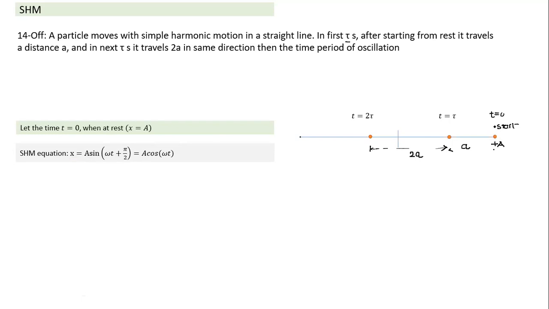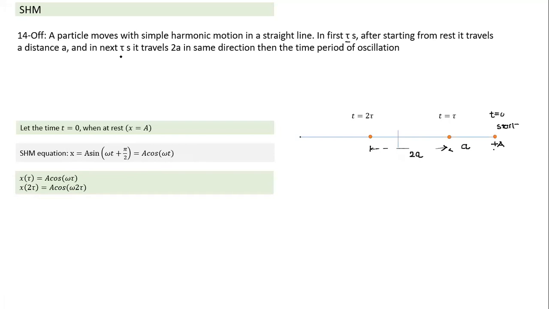If I assume the starting point to be here, so basically the equation of SHM motion, if I take time t is equal to 0, becomes a cos omega t. Now let's substitute here. Then I can find out this coordinate, this position also, by substituting the value of t here. So x at time tau is equal to a cos omega tau, and the x position at time 2 tau is equal to a cos omega 2 tau. These are the two values given.